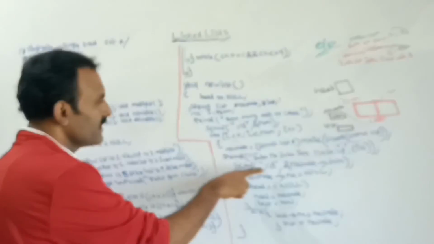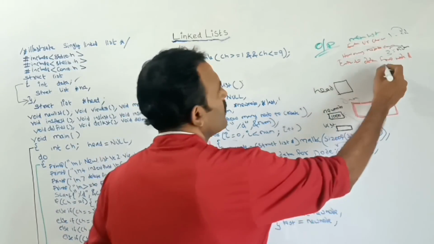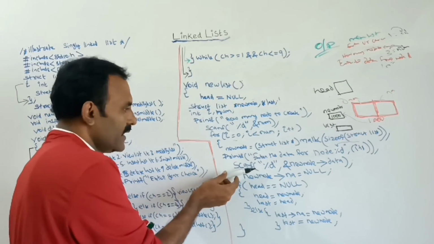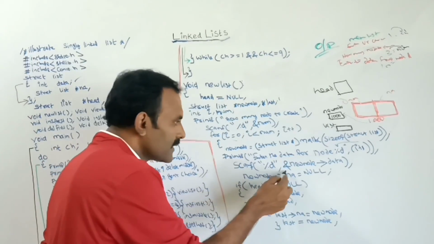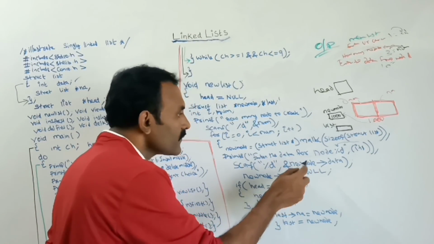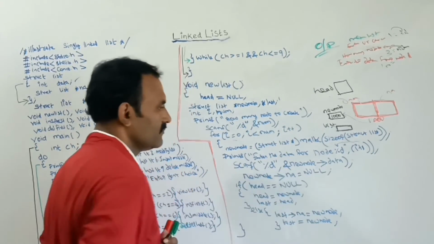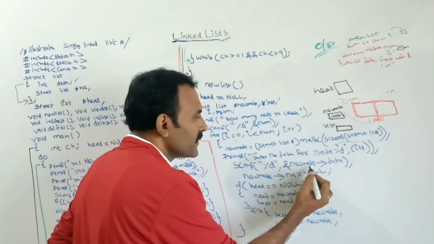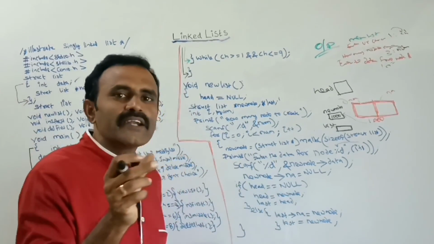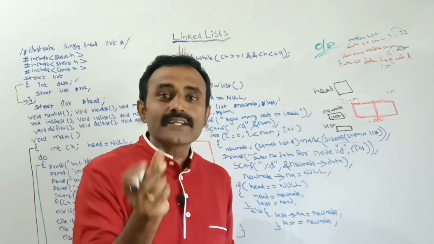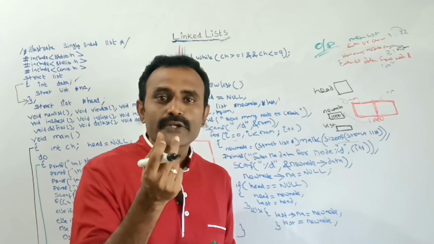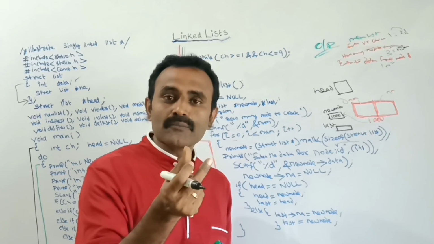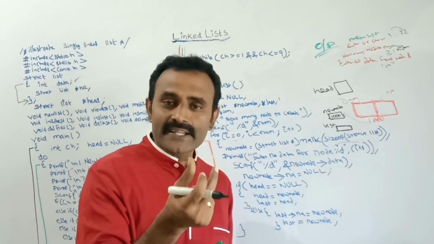Suppose you are giving the input, let us assume 10. So in the keyboard if you give 10, then where am I storing that value? This is important. Here, address of new node of data. What is the new node value? A pointer variable always holds an address only, so at that address, in the data part, I am going to store the data given as input.